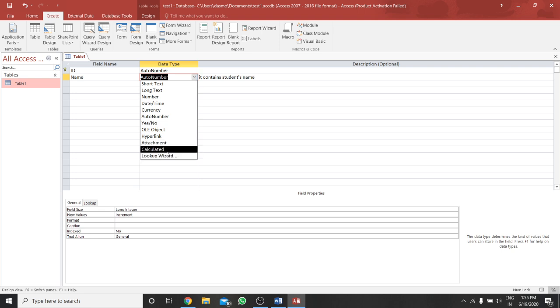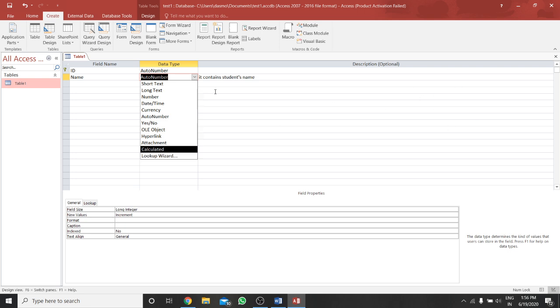Then calculated, which performs calculation on data, so it also doesn't have any storage size. And lookup wizard consists of data from another table or a list of values, and its highest size is 4 bytes.